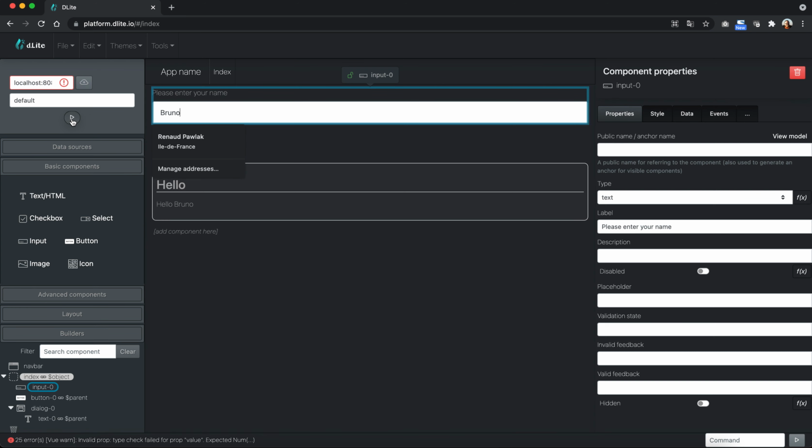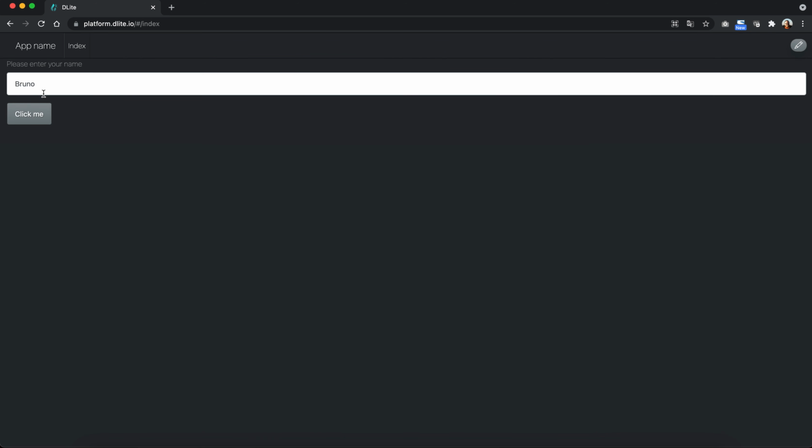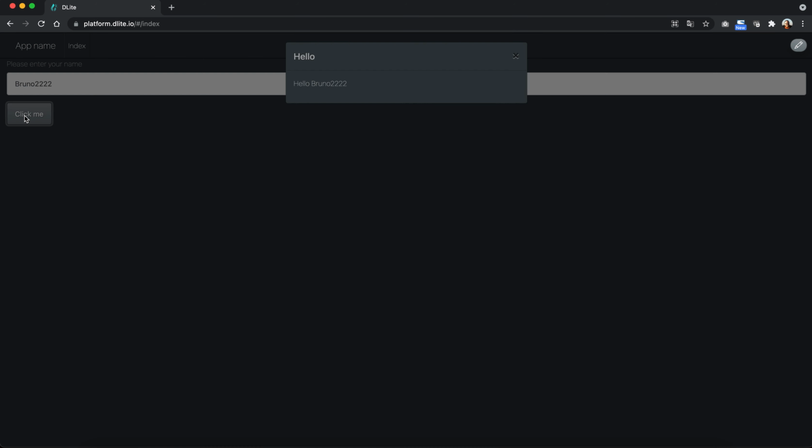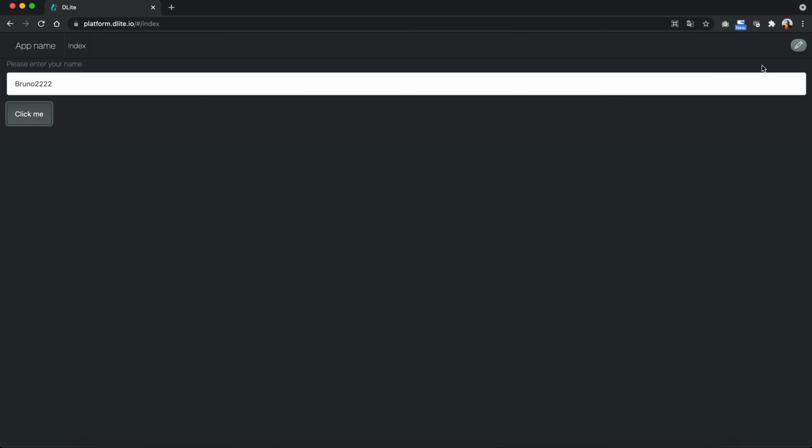So now if I run my small application, I can write anything in my input box, and when I click on the button it says hello, whatever the name is in my dialog box, which was what I wanted to do. Now I can of course